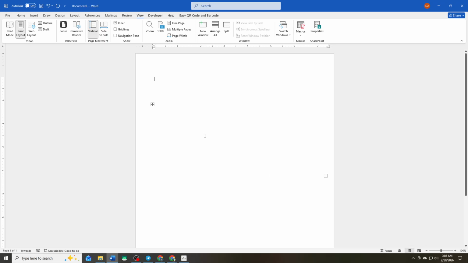By following these steps, you should be able to quickly get the Layout tab back and continue formatting your document without any issues. It's a handy tool for adjusting the layout of your pages, and now you can use it